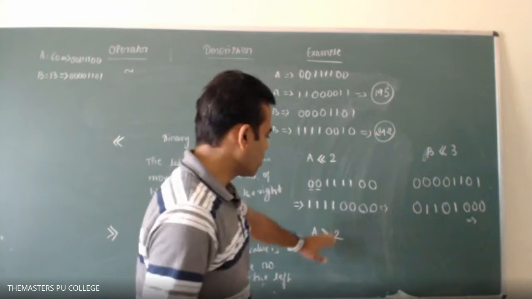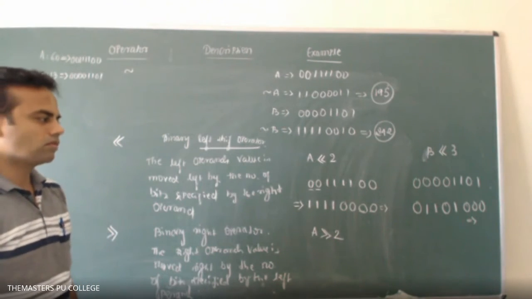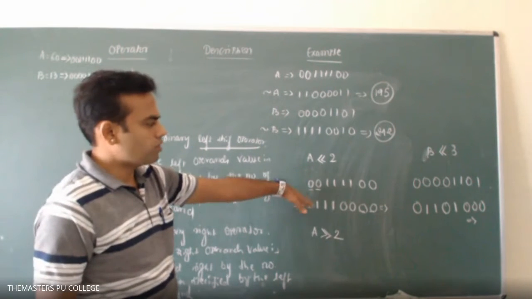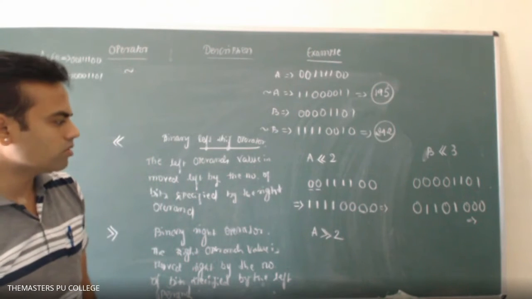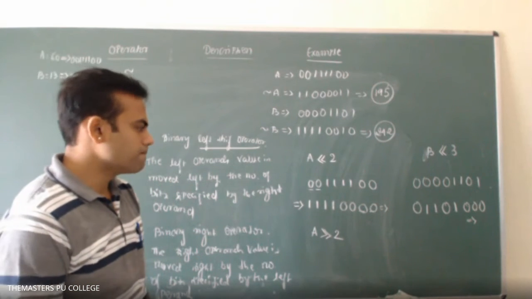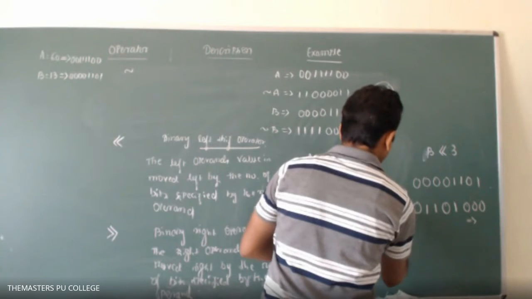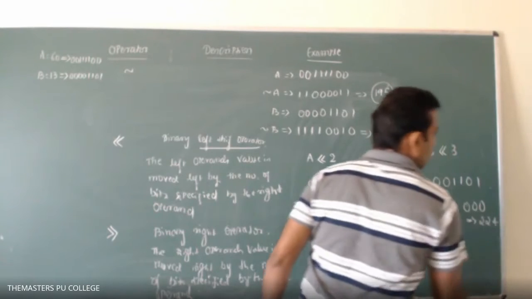Okay. So let us go through the two of them and then go on to this one. No confusion. What is the A left shift operator? After the move, see what it becomes. So what is the decimal equivalent? Sir, A is 240. B is 224. This one 240, B 40. 224. Right.